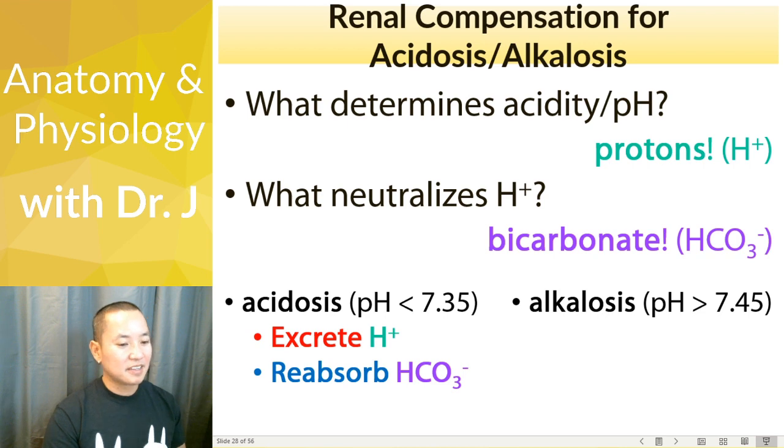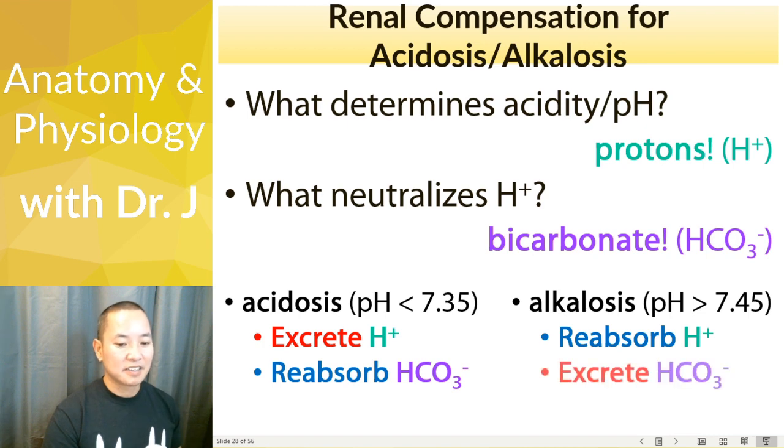Now, alkalosis, just the opposite. Again, opposite of acid is alkaline. So you're going to reabsorb those protons. Your pH is now too high. You want to increase your acidity and bring your pH back to normal and lower. And you're also going to excrete bicarbonate ions in your urine. So again, your kidneys are very important in not only making urine, but also balancing the chemistry of your blood and interstitial fluids and your cellular